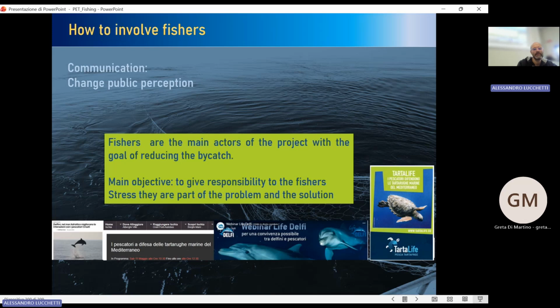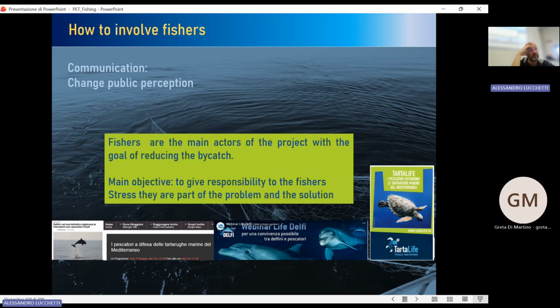So the meaning of all this is that you have to involve fishers since the beginning. You have to change the narrative because the perception of the large public is that fishers are killers of dolphins, killers of turtles, etc. In our projects, usually we change this narrative since the beginning, and we involve fishers to solve the problem. Otherwise, you are working